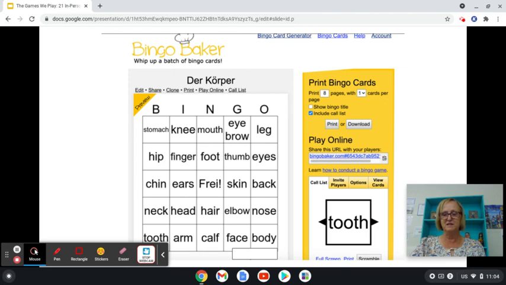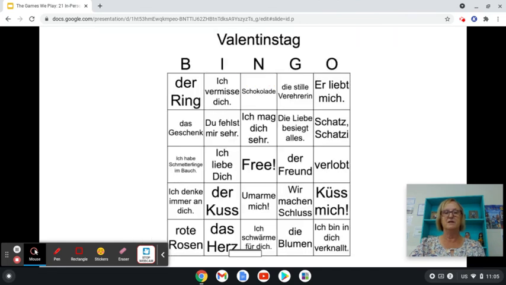Everybody gets a different bingo card on their phone or on their Chromebook. We're on Chromebooks, so you can play it online. They just click on the word as it gets called in English or in the target language. In the middle, you put your free spot, just like in a regular bingo.